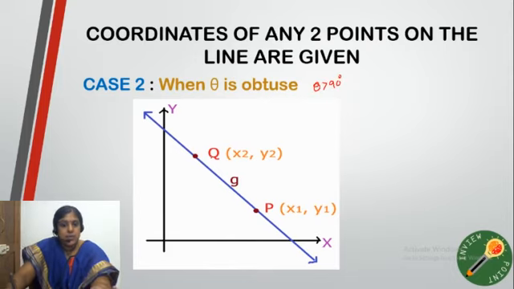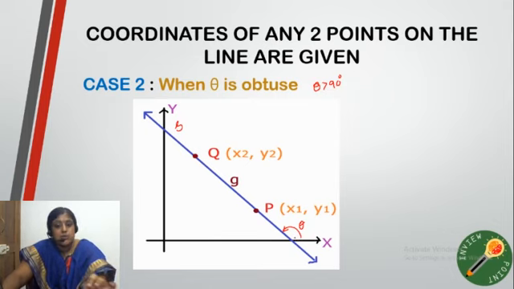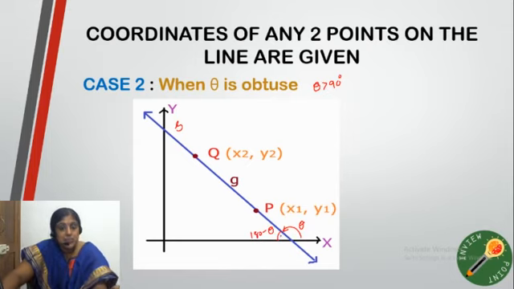So consider a line, say S. Then what will be the angle of inclination? It is theta. See here, this is the angle of inclination, the angle made by the line with respect to the x axis, measured in the anti-clockwise direction. And this other angle will be 180 minus theta. Why? Because the angle of a straight line is 180. So if this angle is theta, this angle is 180 minus theta.